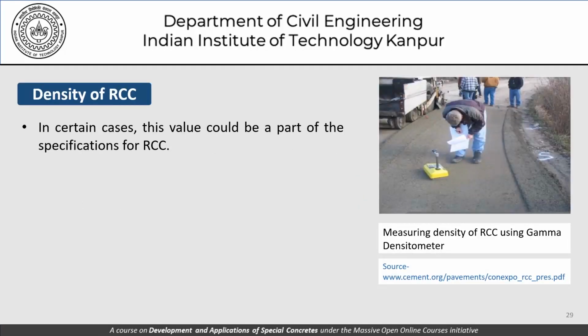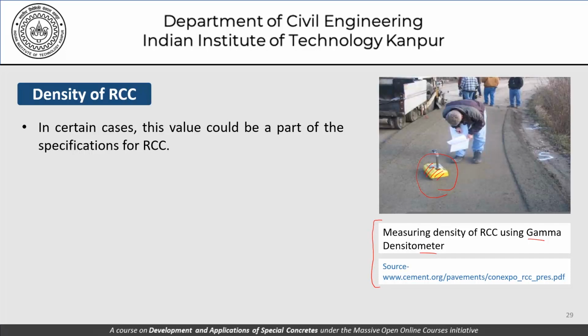As far as density of concrete is concerned, you can see here we are trying to measure the density using a gamma densitometer. Now I would leave it to you to figure out or find out for yourself what is a gamma densitometer and how it helps us record the density of the material on which this densitometer is placed. What is the mechanism involved here? I'm leaving it out completely as far as our discussion is concerned, but yes, this is the tool that we can use for a specification,